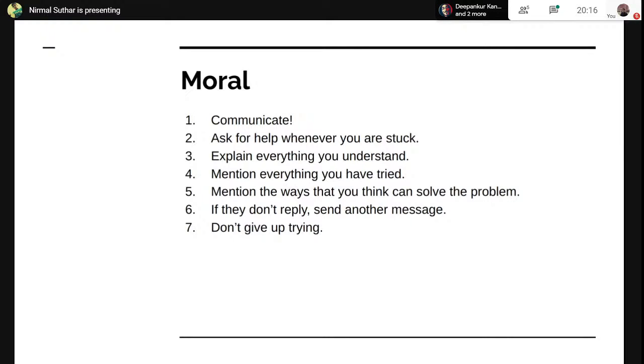And in that communication, you have to explain to them that you understand everything properly. You must tell them what you have tried, what you understand of this problem, what you think can solve this problem, and just everything you have in mind. And this is the only secret to get selected in GSoC. Next,